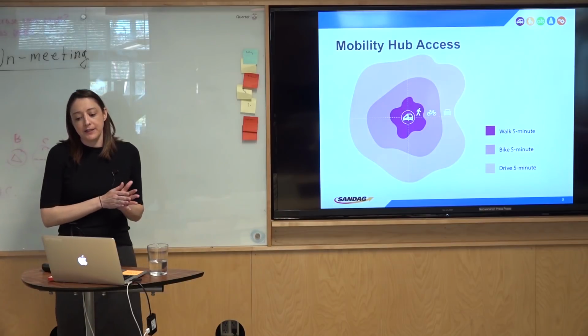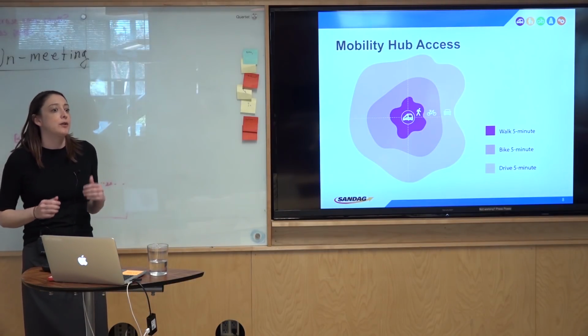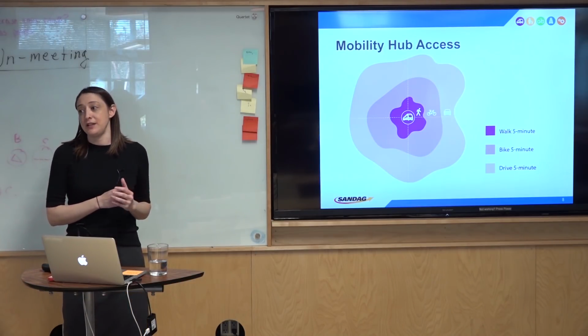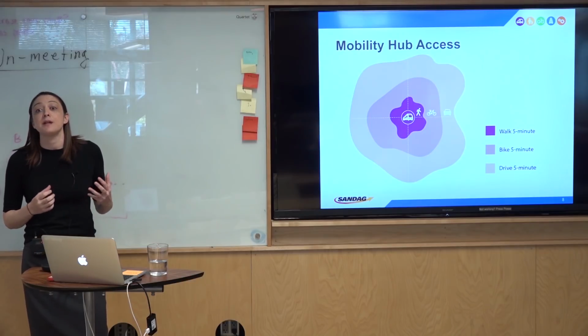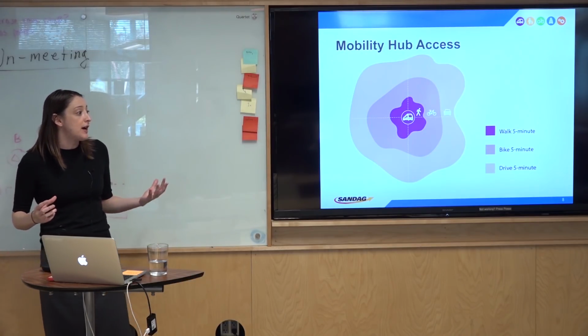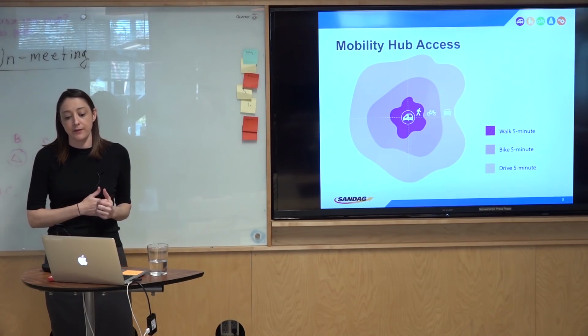This simple graphic kind of conveys this idea of a hub area and all the different access sheds. So kind of reiterating the fact that all of these types of solutions are not just limited to the immediate transit station area, but you may think about concentrating some of them within a 5-minute walk, a 5-minute bike, or a 5-minute drive when you're thinking about the motorized services. So really extending the reach of transit beyond the first and last mile,